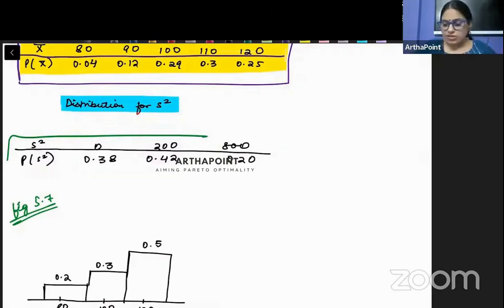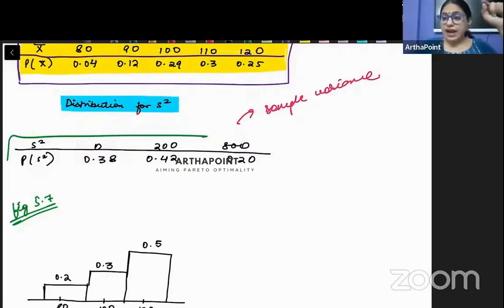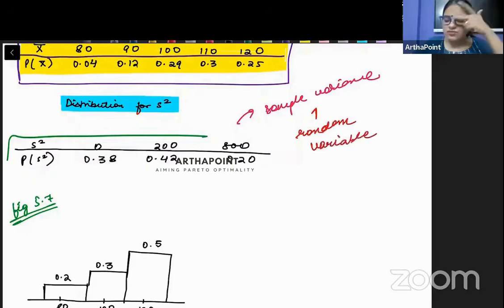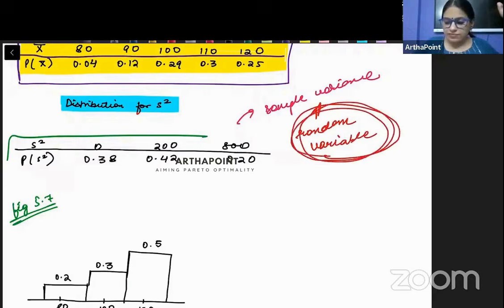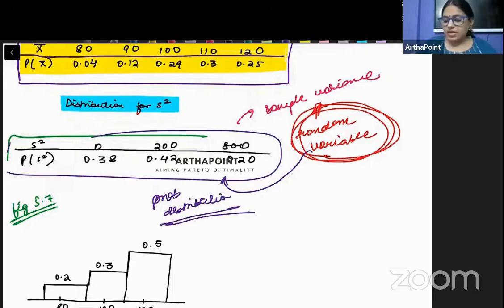Again, beta, I want to point this out: we are talking about the sample variance. And because the sample itself is a random variable, in the last class we had studied that whenever you work with a random variable and you do something on it, मतलब आप random variable का mean, median, mode कुछ भी निकालते हो, that also remains a random variable. वो भी एक random variable ही रहता है. So since the variance of the sample is also a random variable, therefore there will be an associated probability distribution with it. उसके corresponding हम एक probability distribution बना पा रहे हैं.